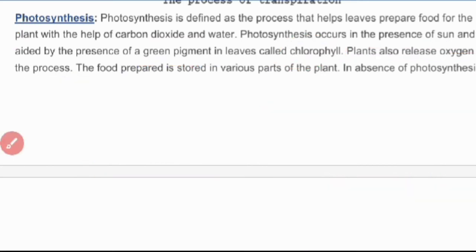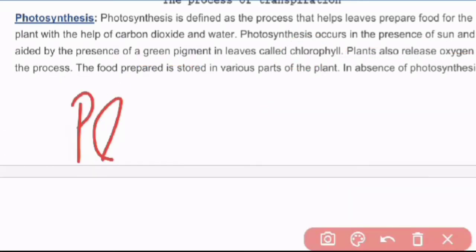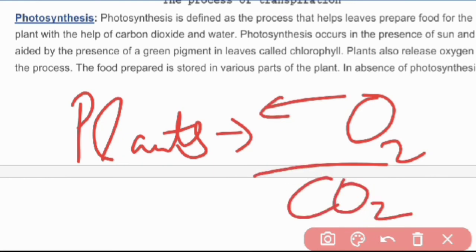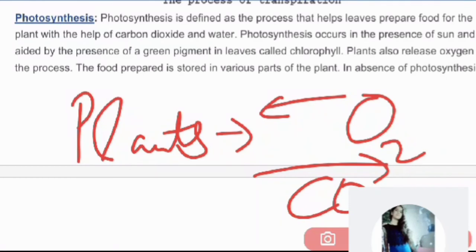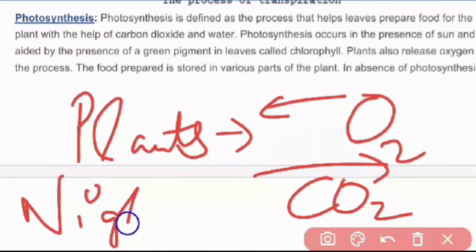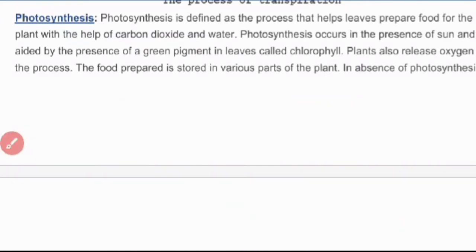At night, plants are breathing just like we do. They are taking in oxygen for breathing and giving out carbon dioxide just as we do. जैसे कि हम लोग करते हैं. They are also giving out the carbon dioxide and taking in oxygen for breathing in the night time. At night time only this respiration occurs. But at the daytime, both respiration and photosynthesis, both the processes are happening.